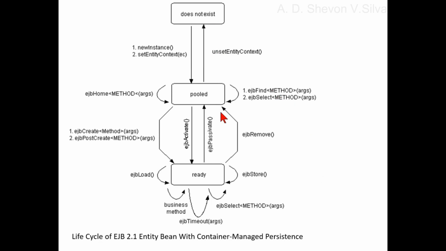To transition from the does not exist state to the pooled state, the following occurs. The newInstance method is invoked and the setEntityContext method is invoked with the entity context argument, while in the pooled state,